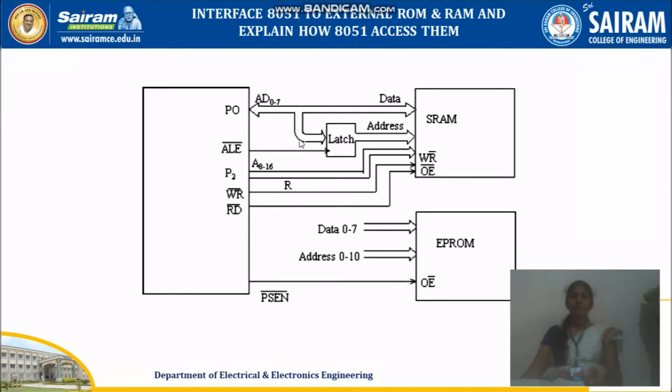So once if you give 0 over here, among this multiplexed address and data bus, only the address alone is latched and it is given to your data memory, because from this it is your lower bit address, that is A0 to A7. But address is represented by means of 16 bit. It is a 16 bit address. So the next higher 8 bit address is taken from port 2. So port 2 is giving A8 to A15. This port 0, after latch, is going to give A0 to A7. Therefore totally we have A0 to A15.